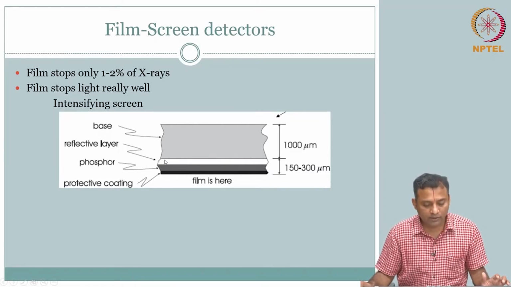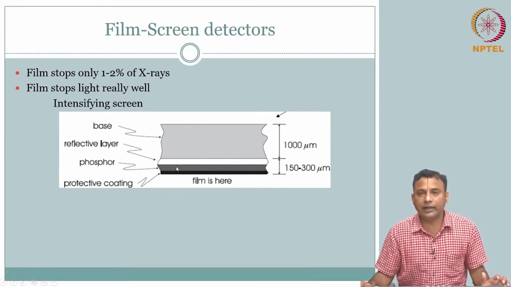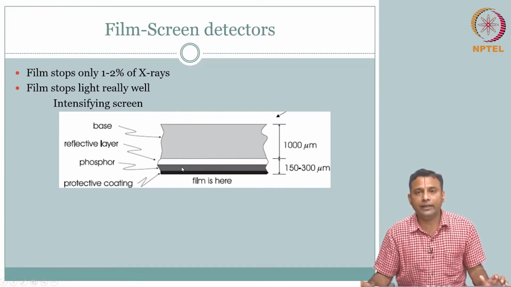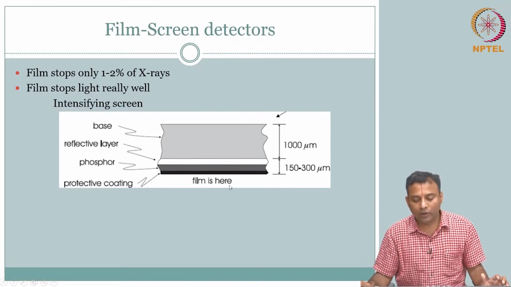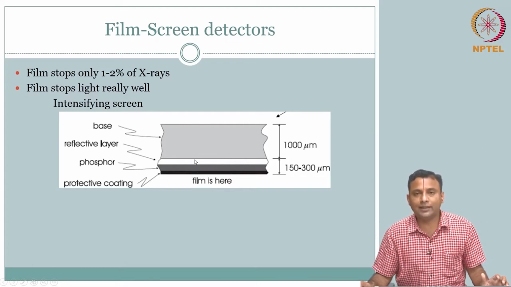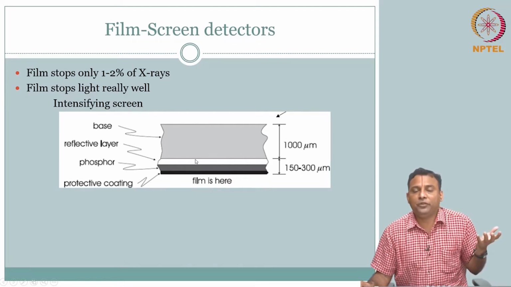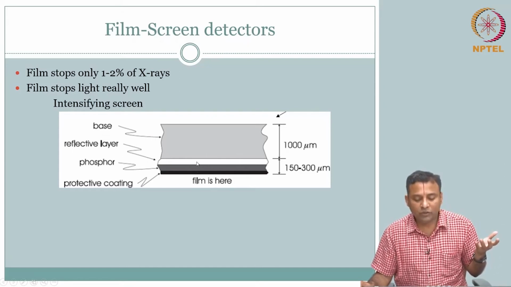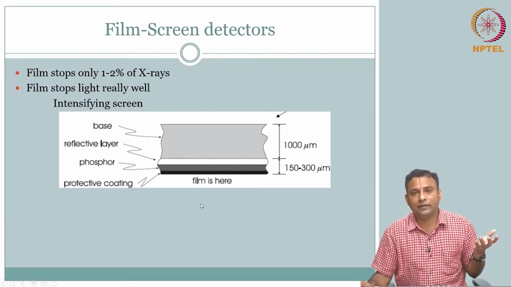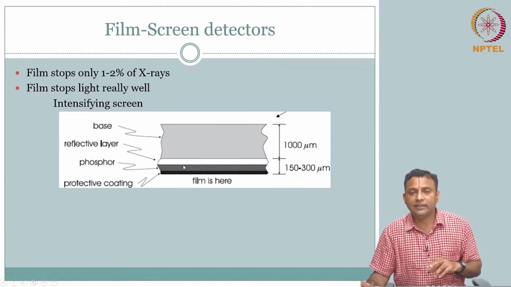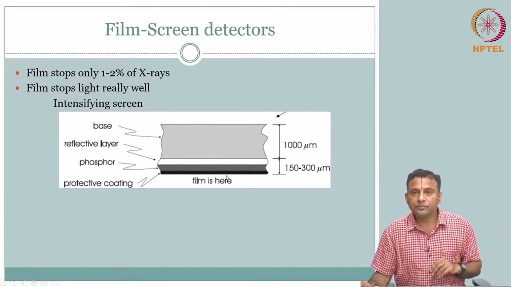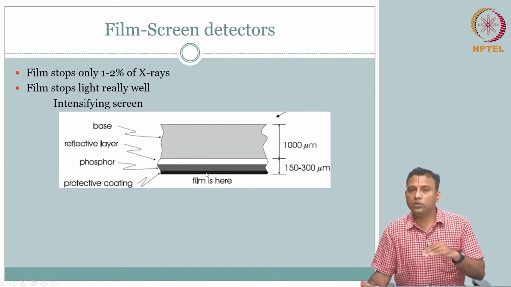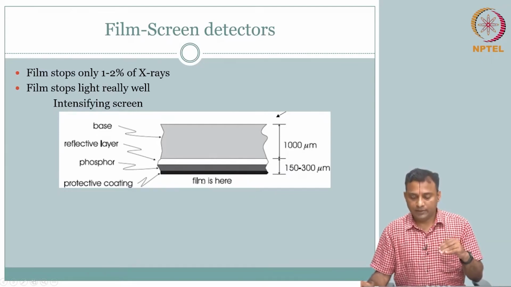So now the question is, what is this reflective layer? You create this light, right? This phosphor converts the X-ray to light. The light photons can go front and back, but you ideally want them to go spoil the film here. If they go on the other side, you are wasting them, right? Why should you waste? So you have a reflecting layer, so that if light goes there, it will be reflected back. Clearly you want to capture all the light photons generated from the phosphor, which is converting the X-rays, onto the film here. The protective coating is just so that you don't damage the X-ray